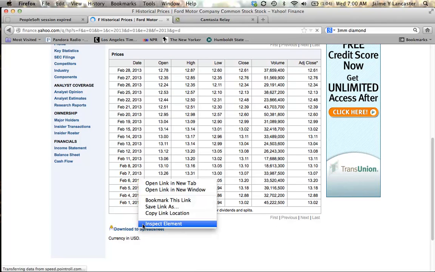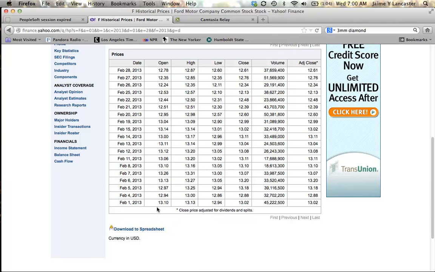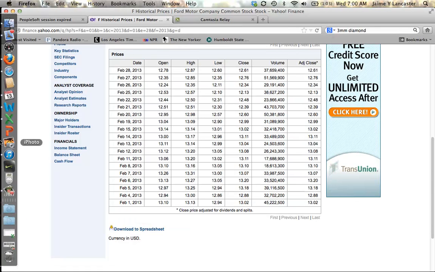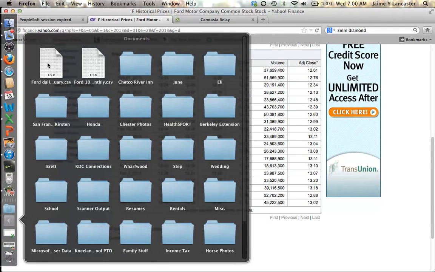I right click to save the link as. Your computer may allow you to download it directly, but mine doesn't. When I do that, I need to change the name of the file, but keep the file extension .csv, and I'm going to call it For Daily February. Great, here it comes. So I'm going to open it up,